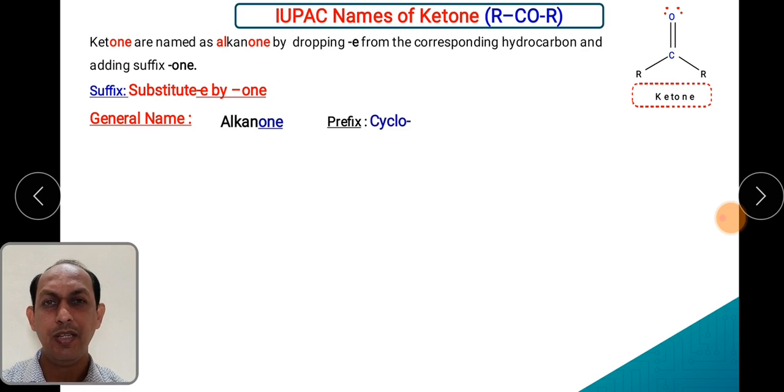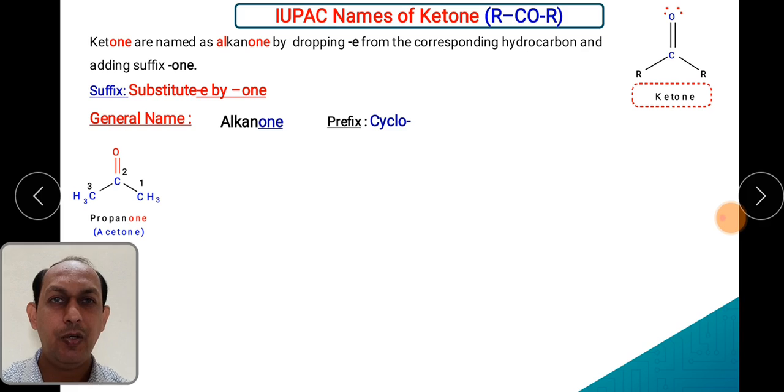अगर cyclic compound है तो you have to use the prefix cyclo. चलो सबसे पहला कीटोन कौन सा है, एसीटोन. What is the name, CH3 C double bond O CH3. हाँ, तो नंबरिंग करते टाइम आपको लॉन्गेस्ट कंटिन्यूस चेन सिलेक्ट करनी है जिसमें कार्बोनिल कार्बन आता है. So 1 2 3, then start numbering from that end so that the carbonyl carbon should get minimum number. कार्बोनिल कार्बन को सबसे मिनिमम नंबर और लोवेस्ट नंबर आना चाहिए. ऐसे एंड से आपको नंबरिंग शुरुआत करनी है.